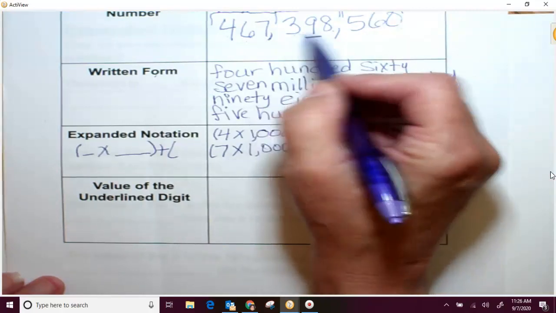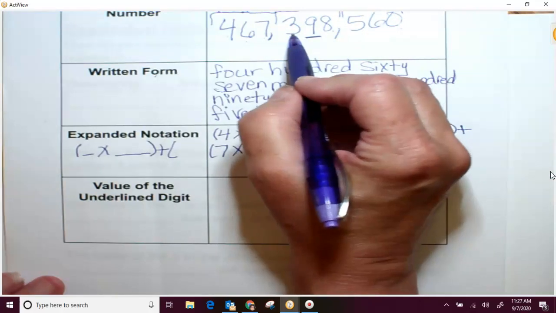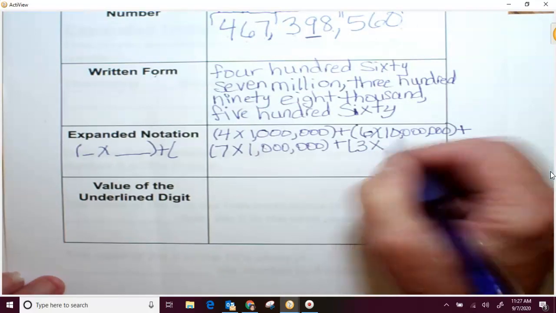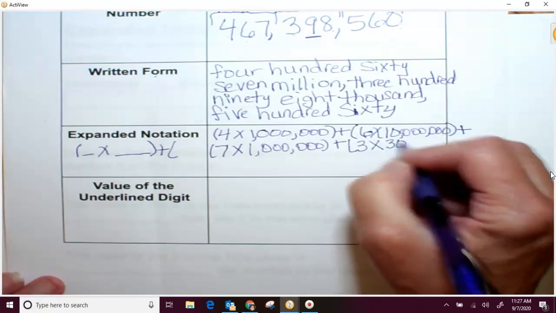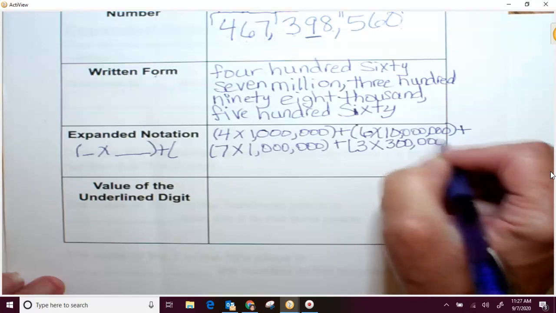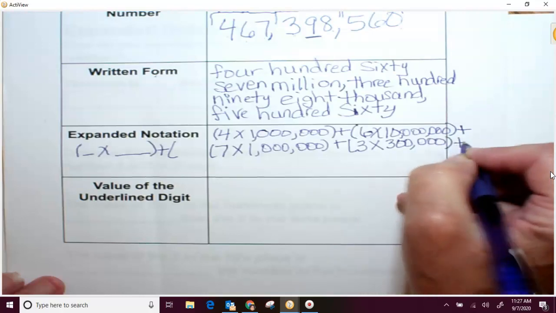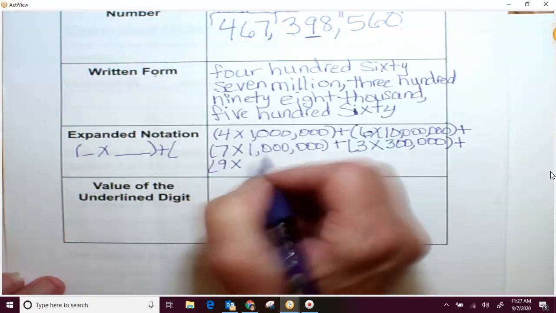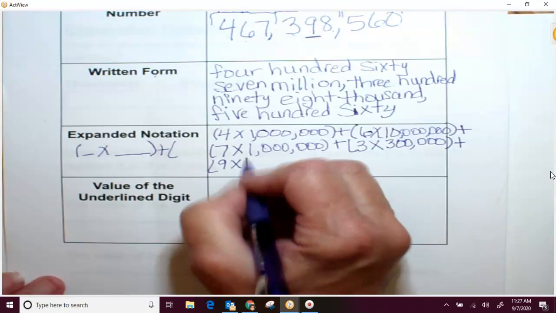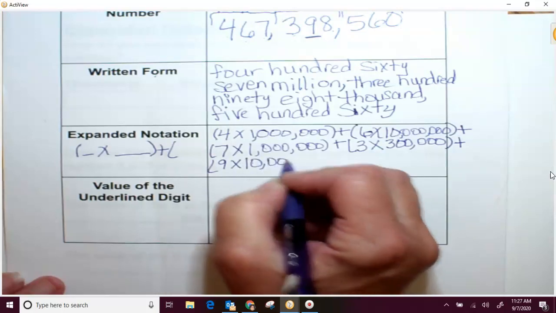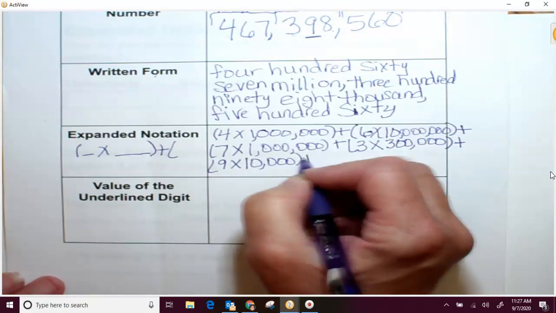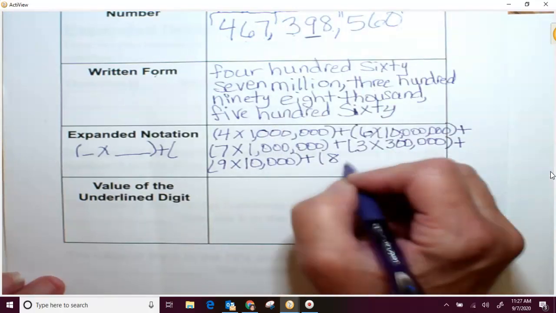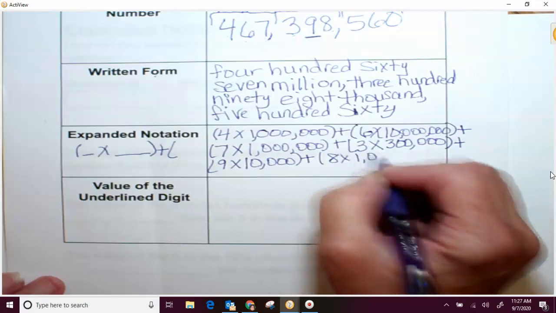we have 398,000 here. So 3 is in the hundred thousands place. So 3 is my digit. The value is 300,000. My next digit is 9 times, it's in the 10,000s column, so I'm going to put times 10,000, plus 8 in the thousands column, 8 times 1,000,